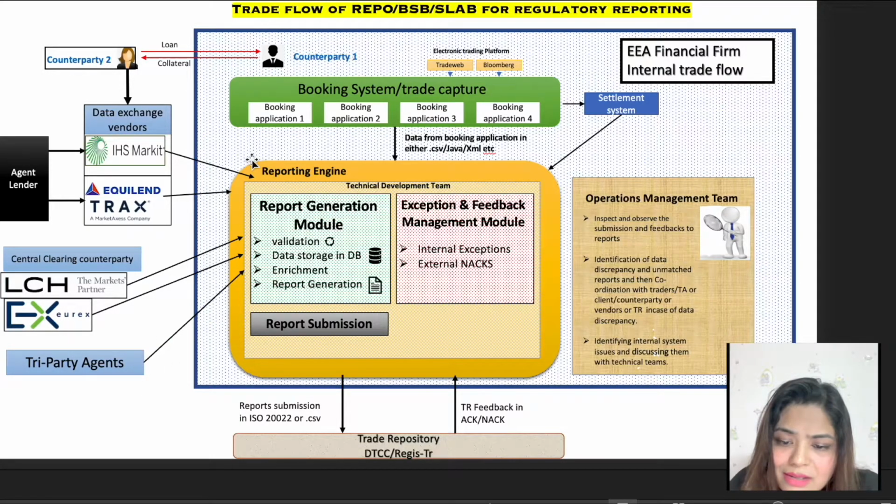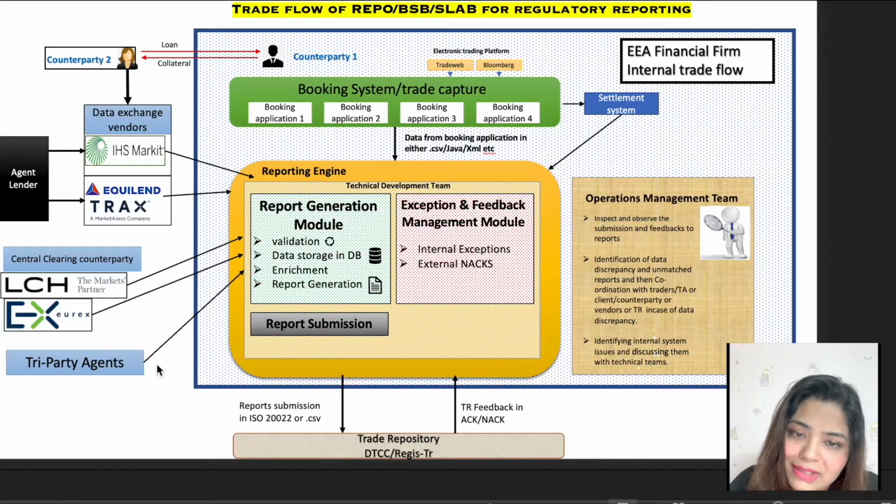Managing the collateral of the trade throughout its life cycle is a very tedious task, and some firms don't want to invest their time or resources in this collateral management process. Hence, the tri-party becomes a very useful entity for such work. As collateral data is managed by the tri-party, by end of day it will provide its collateral allocation to the reporting engine, and this data is then used for report generation.